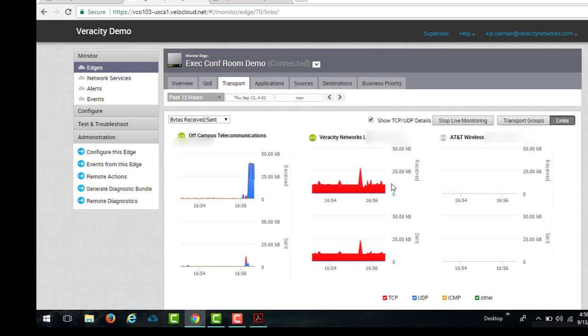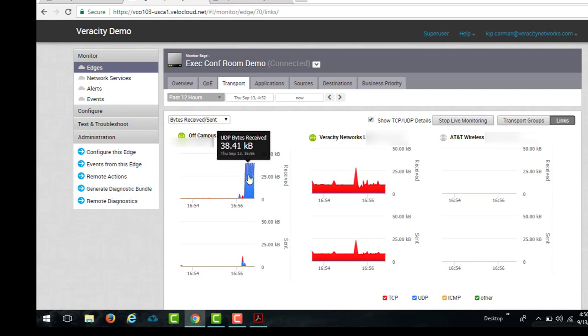So I just made a phone call from the phone out to the public switch telephone network, and you'll see here that off-campus telecom is now carrying that voice traffic. We went from next to no traffic to 34.41 kilobits per second, and that's UDP traffic, and UDP is the connectionless protocol that's used when we're doing voice over IP calls, when we have an active call where we're exchanging